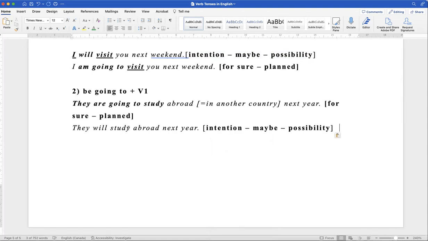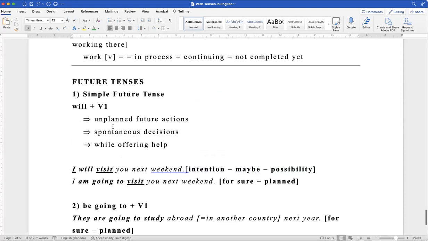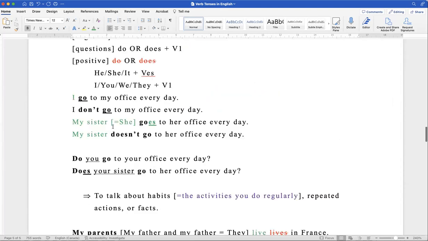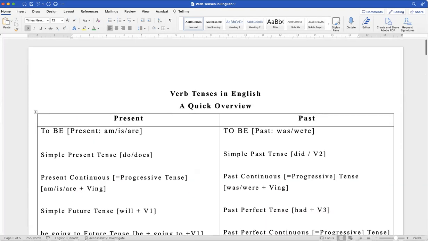Maybe I will study, maybe I will not. But please pay attention to the verb form, will plus verb 1. No ing, no to. This is also important. And the subject is they. Perfect. I think that's it about future tenses. So we are done with present tenses. What about